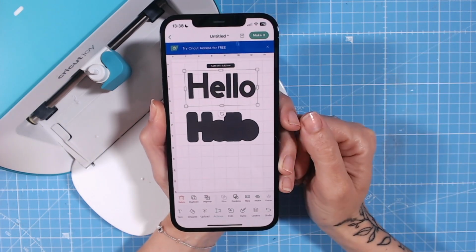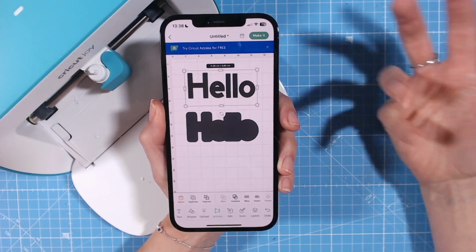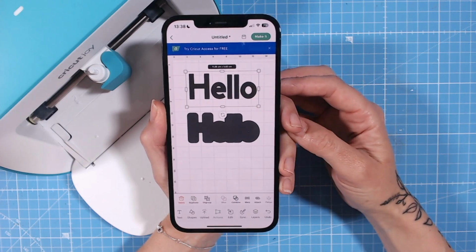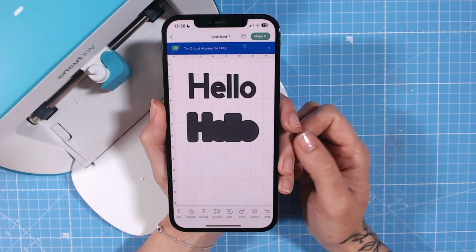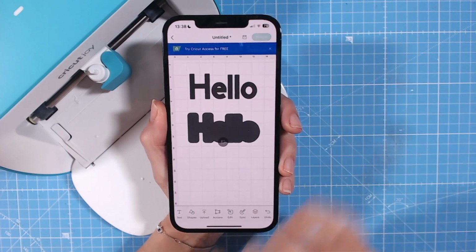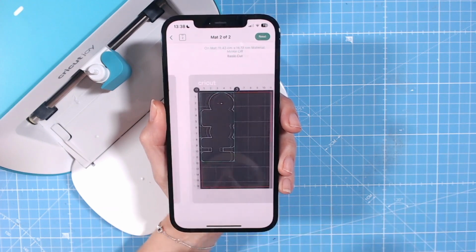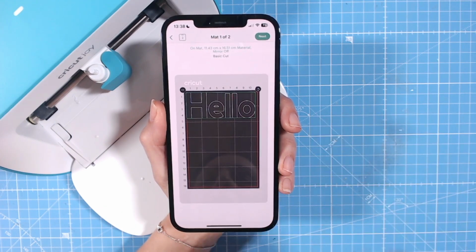If we cut both of these out on our mat, we're then going to have a fantastic drop shadow or border to make our sentiment really pop. If we were to now go to make it, to send this to our machine, this would come onto 2 separate pages. So you can see you've got your word hello there and you've got your border there. But we want these to cut out from the same mat at the same time, and we'll just put 2